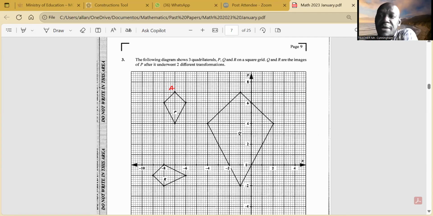We are completing January 2023 question 3, which was a translation, reflection, rotation, and enlargement question. So a nice question because it covers all the topics. So this is easy food for students. We did the translation part, and now we are moving on to the